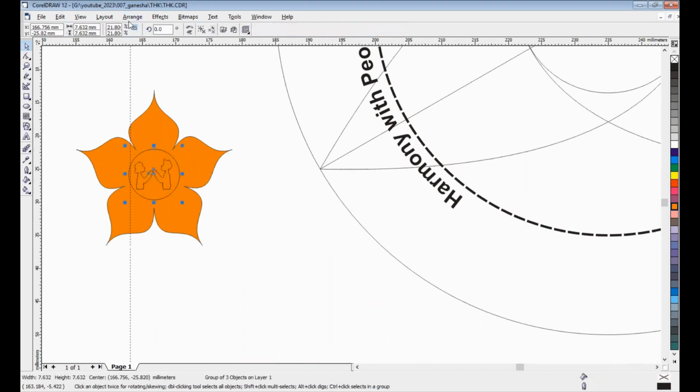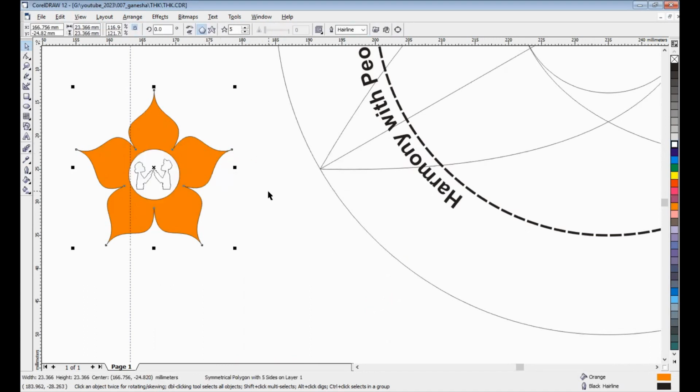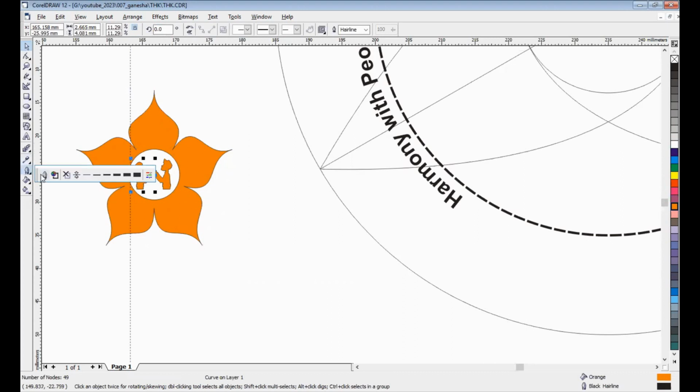And then ungroup, take like this, down, stick to the bottom. Okay, and give color here too. No outline, no outline.